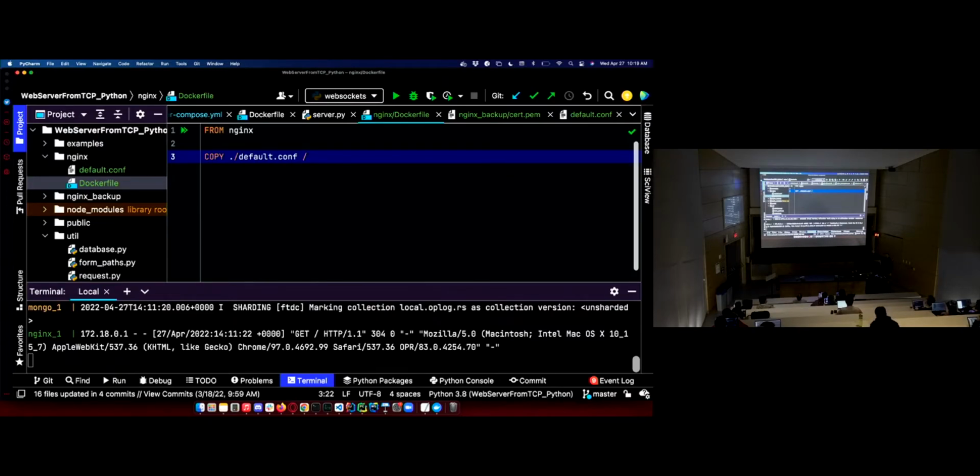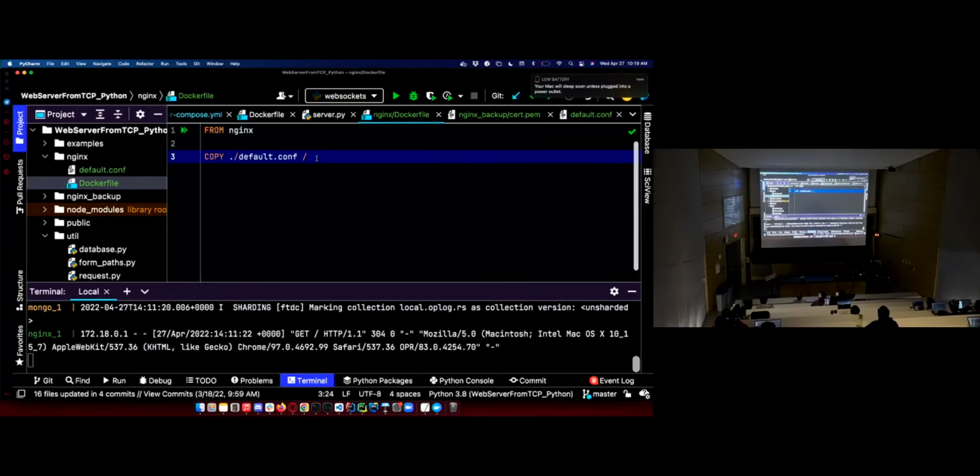This is something, if you're new to file paths and Linux and things like that, that takes a while to understand: why is that dot so important? Dot means the current directory. So I want to copy from the current directory the file default.conf. But when I'm inside the container, I want to start with a slash without a dot. A slash without a leading dot means go to the root directory of the machine, of the hard drive, or of the file system, rather. So go to the root directory of the file system,